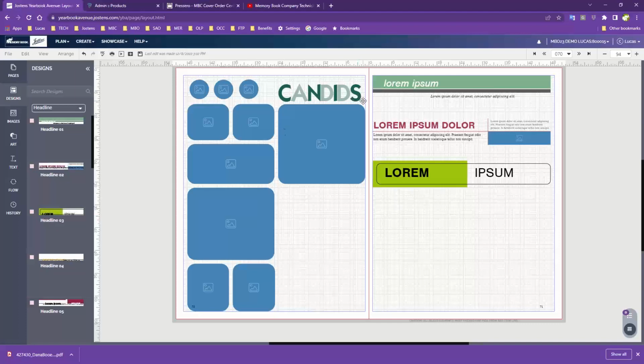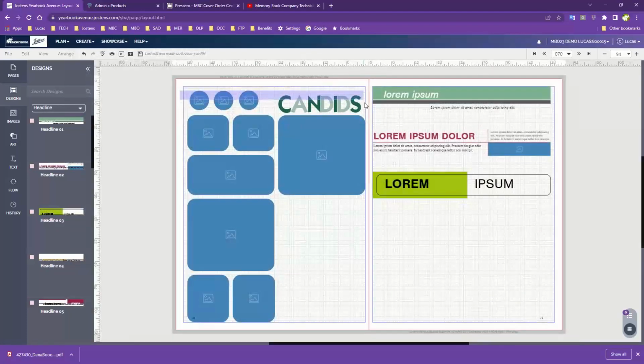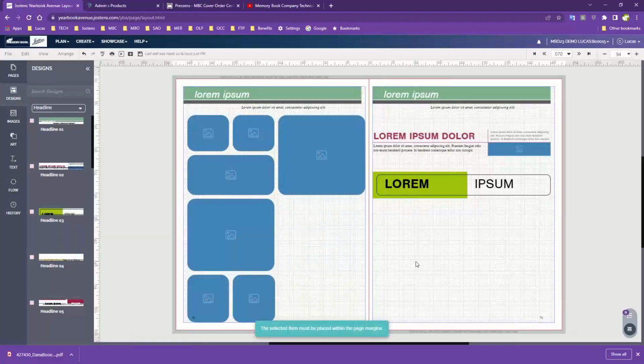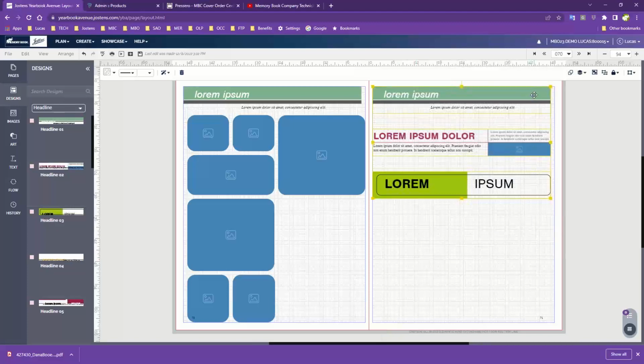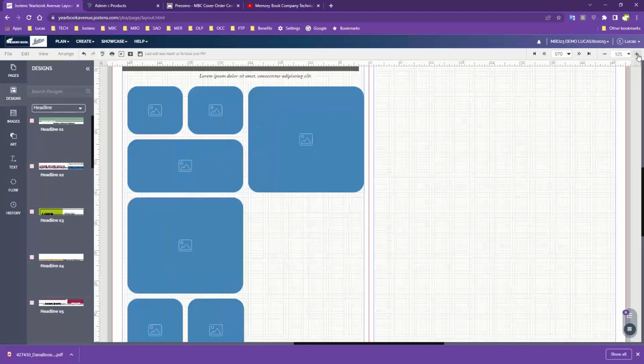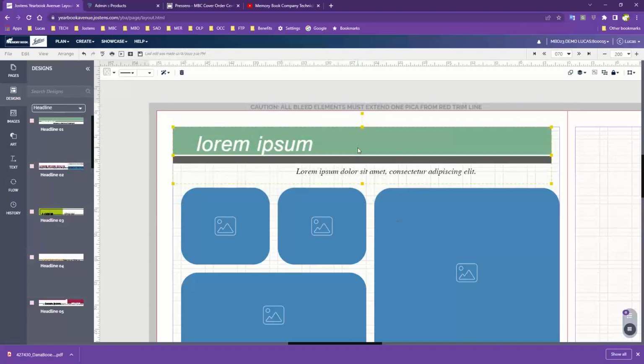So on our template, we could have taken all of this out right here at the top if we wanted to, and brought over a Click and Go there. Now, one thing you'll notice about the Click and Go templates when they come onto the page is this little dash line around them. That just means that they're grouped together. Now, in order to edit any part of this Click and Go, I get to type in a name for the heading, or change this bit of text, or change the colors. With this selected,